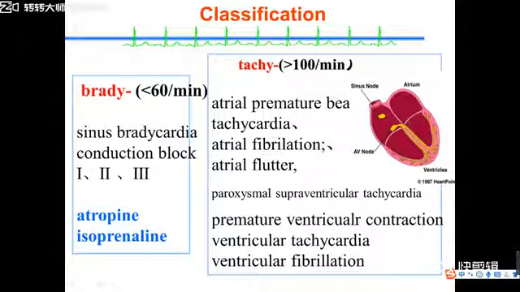If the arrhythmia occurs in the ventricle, we call it ventricular arrhythmia. Ventricular arrhythmias include premature ventricular contraction, ventricular tachycardia, and ventricular fibrillation. Most arrhythmia patients are tachycardia patients, so when we mention arrhythmia patients, we mean tachycardia patients. Later we study antiarrhythmic drugs, meaning the drugs to treat arrhythmias, to treat tachycardia.